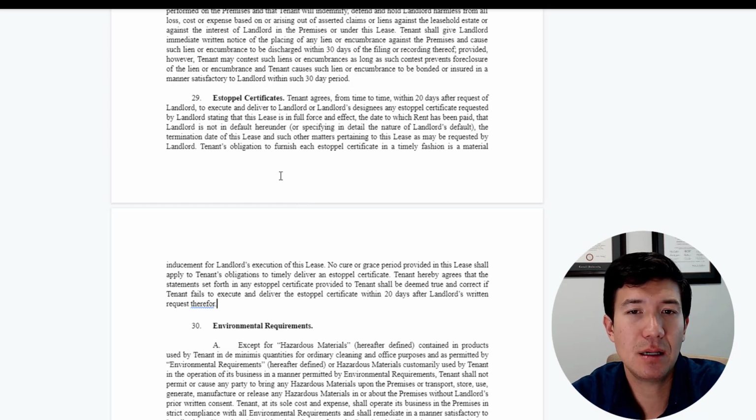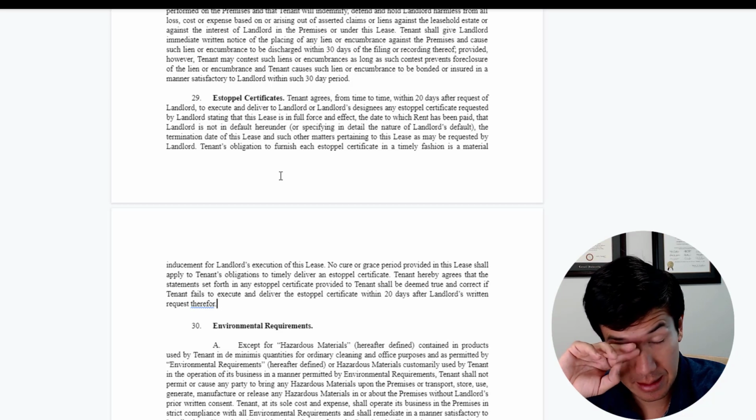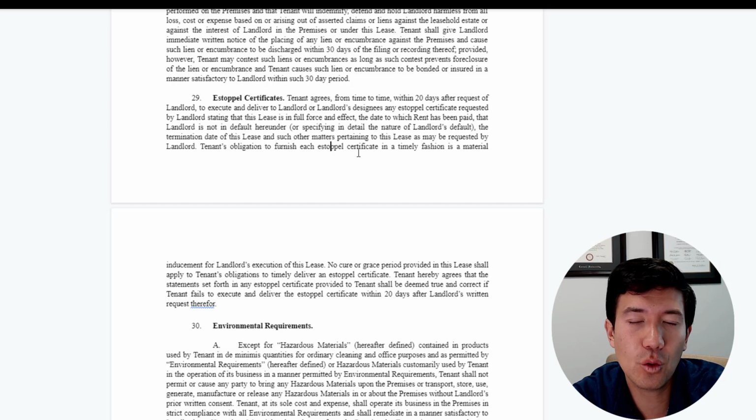The tenant says, I am willing to sign an estoppel certificate, the one that we agree to, but not the one that you have sent me. And I don't think it's clear on who should provide the form, because the lender, they kind of have their form, but it's kind of hard to predict what the lender will want in the future, let's say if there's a refinance. So it's really kind of a chicken and the egg. You as a tenant don't necessarily want to agree to any type of estoppel in the future. At the same time, the landlord says, well, I can't predict what it's going to be. I just want you to promise to sign one.